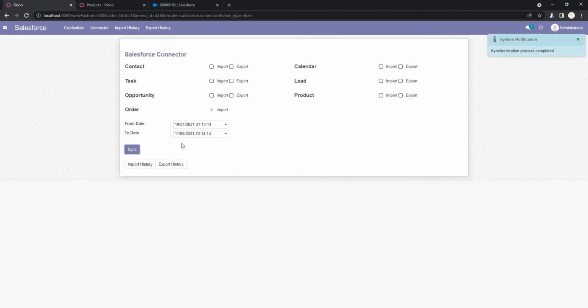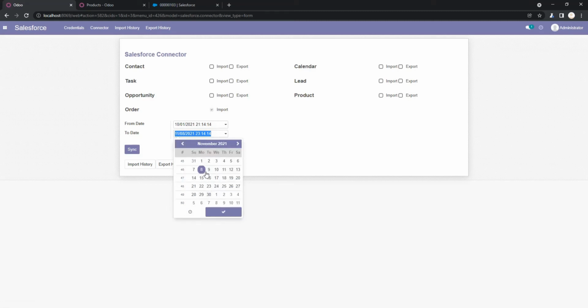So the process is completed successfully. So I think it might be out of range. I just adjust the time. Okay, so click on again.